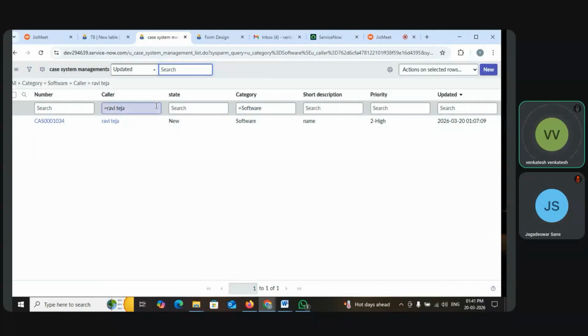You can check it from here only, because most of the time you will have to run background scripts. In upcoming classes, I think on Monday or Tuesday, I will teach you background scripts. We have to run the GlideRecord part. It's completely scripting, so you cannot waste time typing all the things. You can take this entire URL, copy it, and put it into that GlideRecord, and automatically you can see